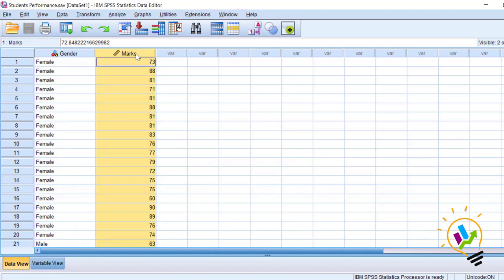We want to first know whether there is any significant difference between male group and female group. And if there is a significant difference, next we try to understand what is the difference between this male and female, means how much is the difference between male group and female group. So first we start the analysis to see whether there is a significant difference between male and female group.